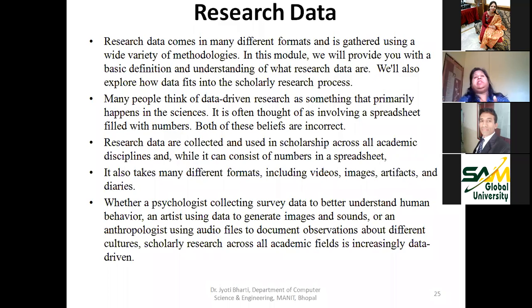Generally, they have to publish their data in a particular format. So if you need to work on a specific problem, you can directly take the data from such a research organization. Many people think of data-driven research